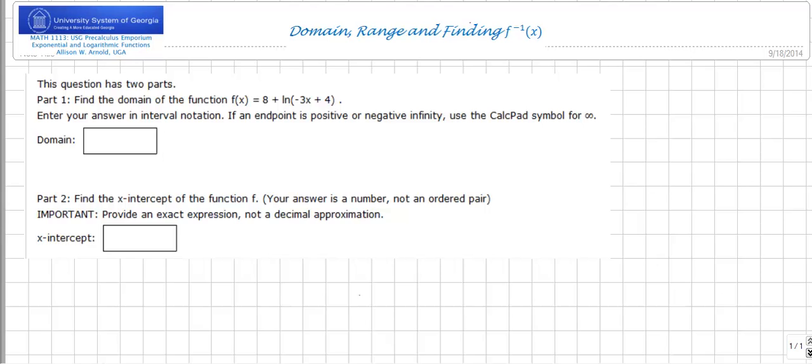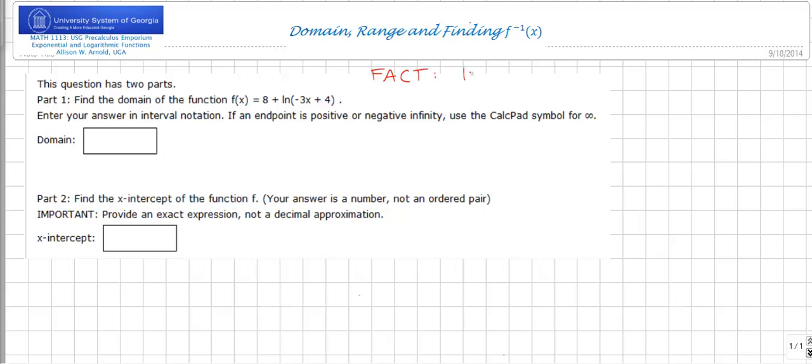So in an earlier video we did domain and range of an exponential function. So now let's talk about the logarithmic function. Okay, first of all, we have a function f of x equals 8 plus the natural log of negative 3x plus 4. But what we have in our toolbox is the fact